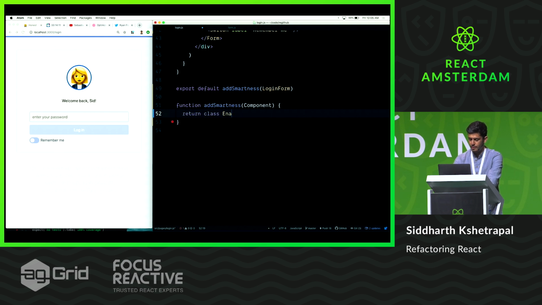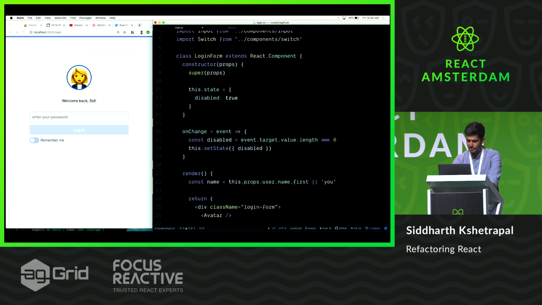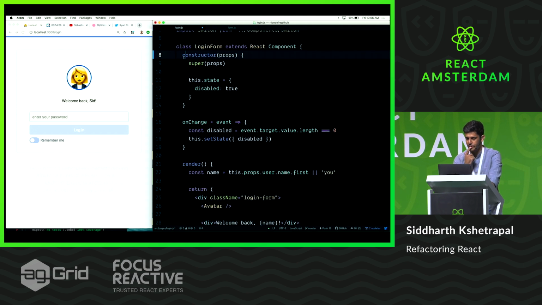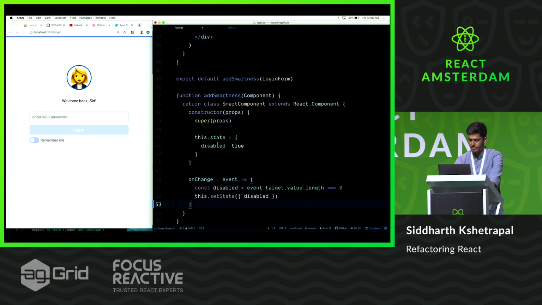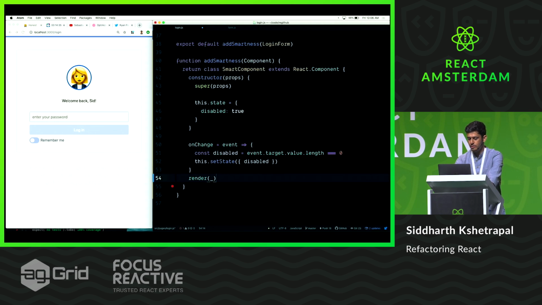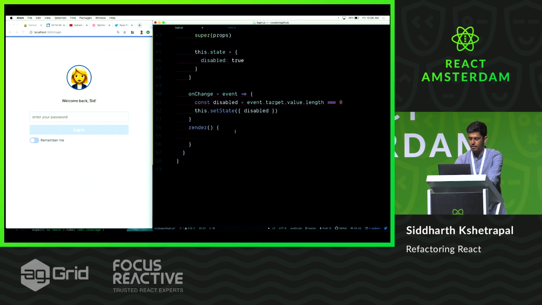So I'm going to say SmartComponent, since enhance is too hard to type. SmartComponent extends React.Component. And the best part about React is you can just copy paste stuff, which is, to be honest, most of coding anyways. So I can take this entire constructor and onChange. This is the part which deals with the smartness. I can cut this, paste it here, and then inside my render function, I want to render the original component that you gave, right? So return component, and we want to pass our disabled,